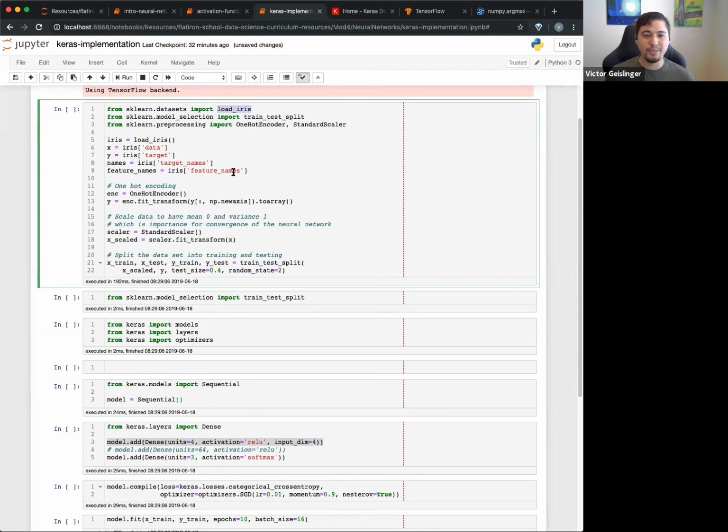It's only got like 150, I think, data points. But I just wanted to show you an example of what you do. So this right here is all of the stuff we normally do. We load in our data. We get basically what our different features are.